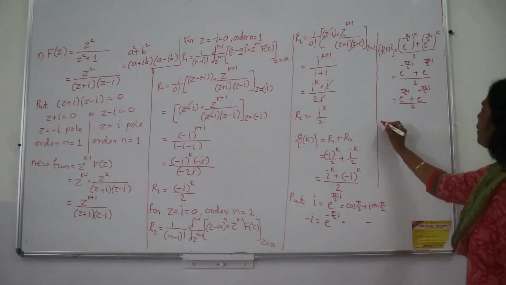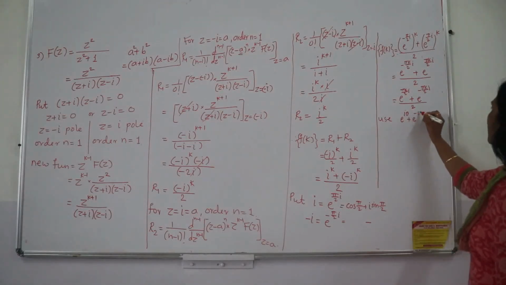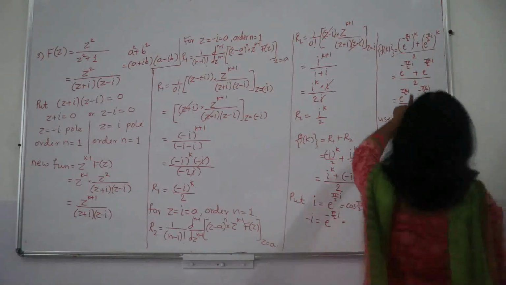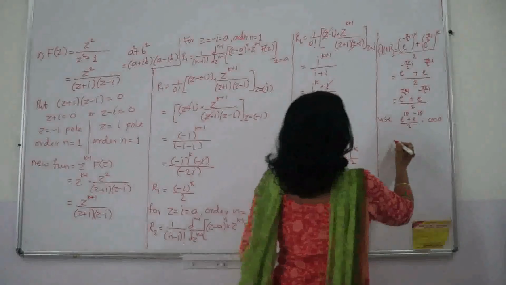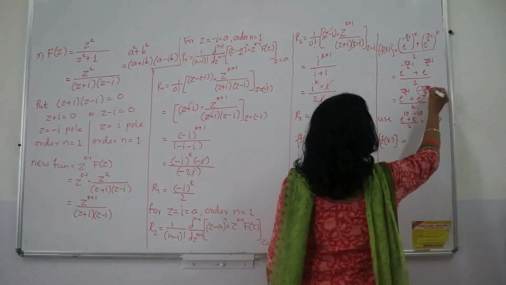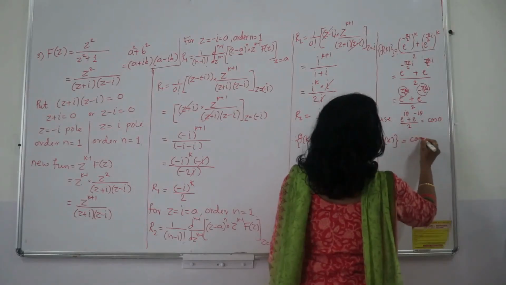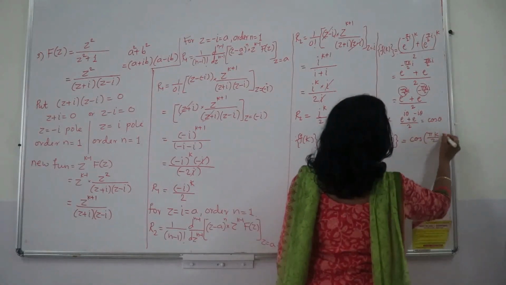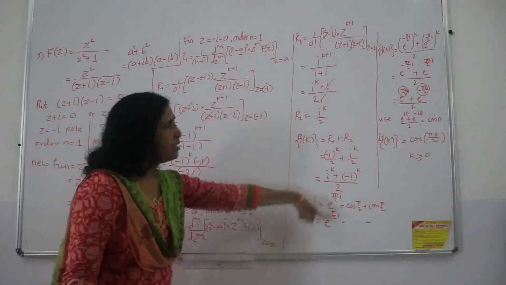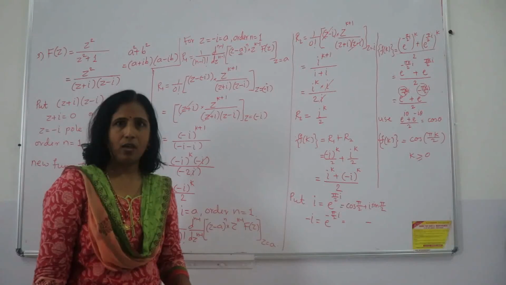And then what is this value? It is again the formula. Use (e^(i theta) plus e^(minus i theta)) upon 2. This is nothing but cos theta. So what is theta? That's why I have kept this i also separate in your simplification. So f of k I will just write here as, what is theta here? This is pi k upon 2. So minus sign of course I have to leave, and so this is nothing but cos(pi k/2), and of course I have to mention here k is greater than or equal to 0. So this is the additional simplification in this example required. The rest of the places you don't need this additional simplification.